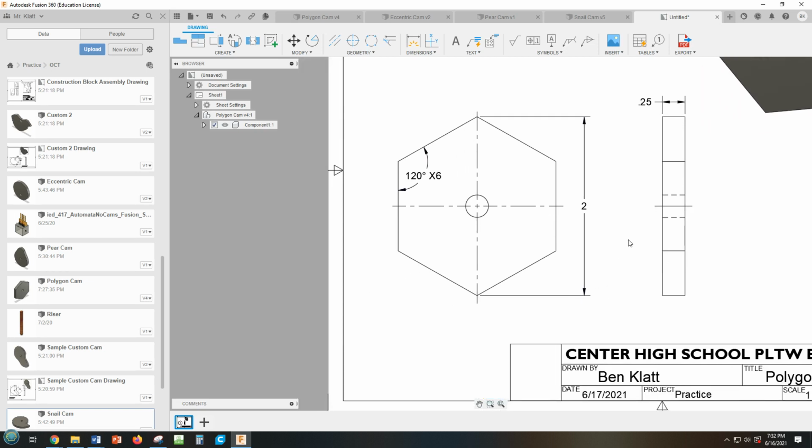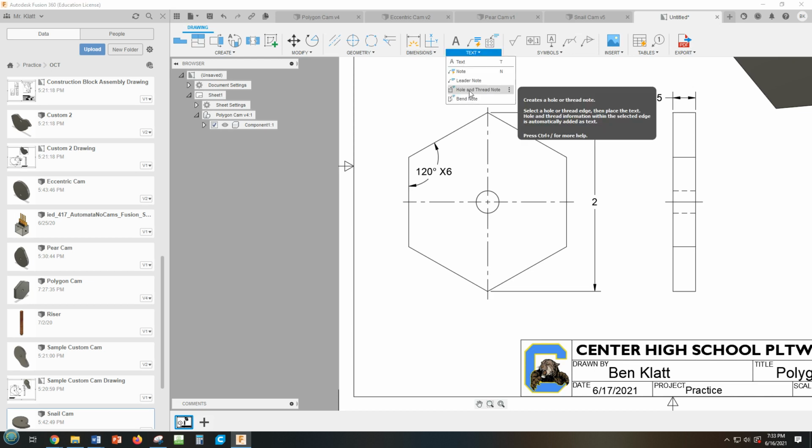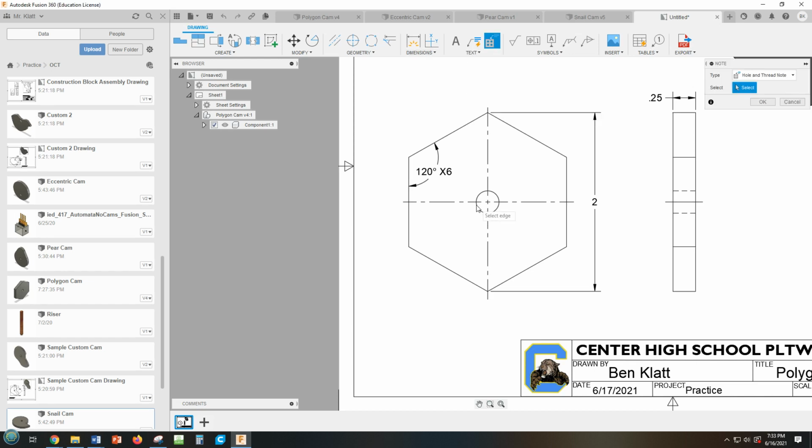All right, last thing to do is we're going to show this hole. Now, this hole was created when we created this part as an extruded circle, not as a hole. If it was a hole, one of the things you can do is go to text and put hole and thread note, but because it wasn't made as a hole, I'm not able to select it. So we're going to have to go to dimensions, dimension that hole. We're going to drag this outside of the object,